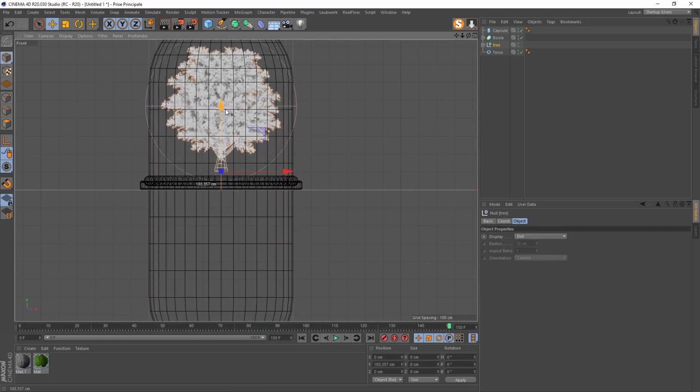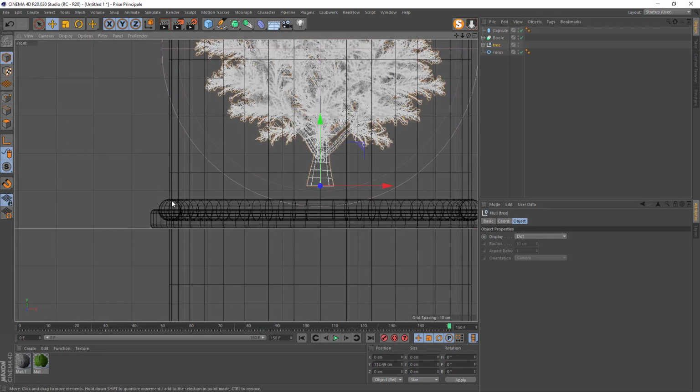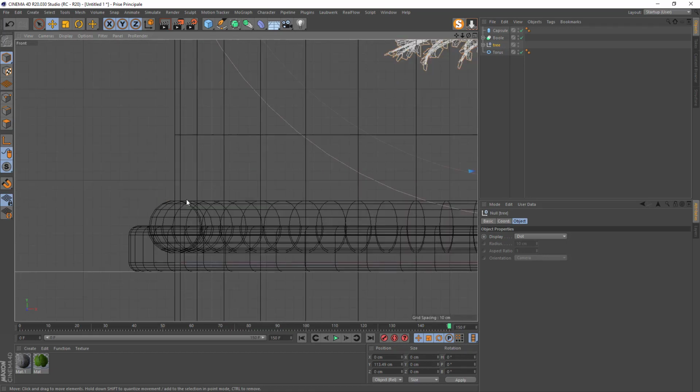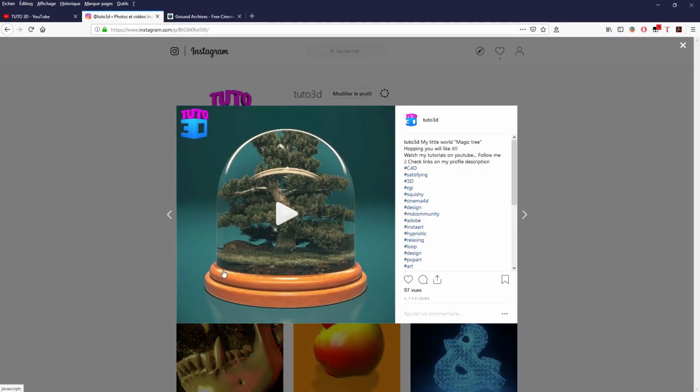And for the tree, it is not at this place, so take the tree and move it up, something like that. You see, we've got this border of the torus, but we've got maybe the dirt there. If we see, you've got the torus, and there is like a dirt here, and the tree is on top of the dirt.